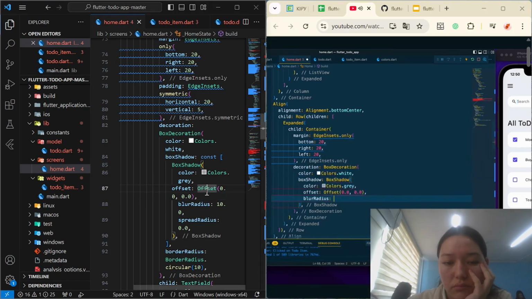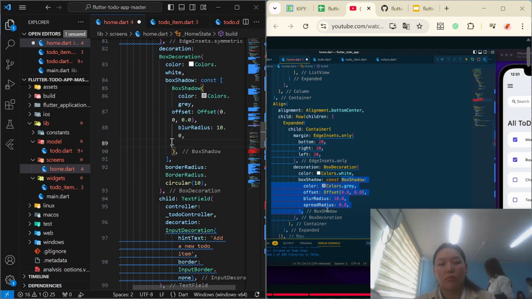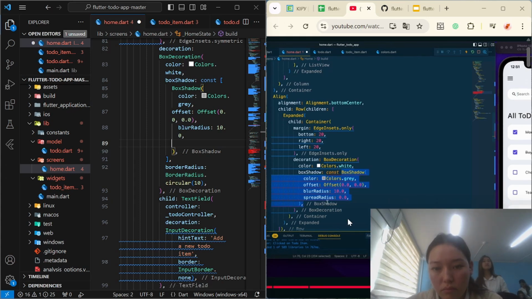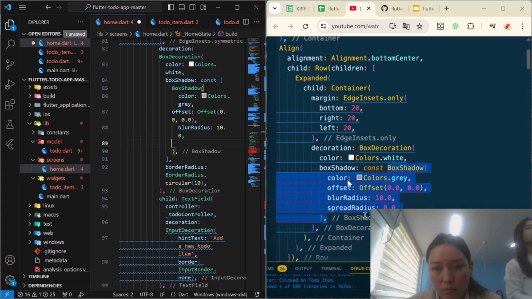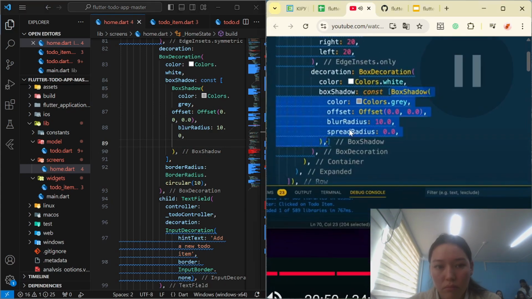For the blur radius it will be 10, and for the spread radius I am going to provide 0, and here it will be wrap. With this